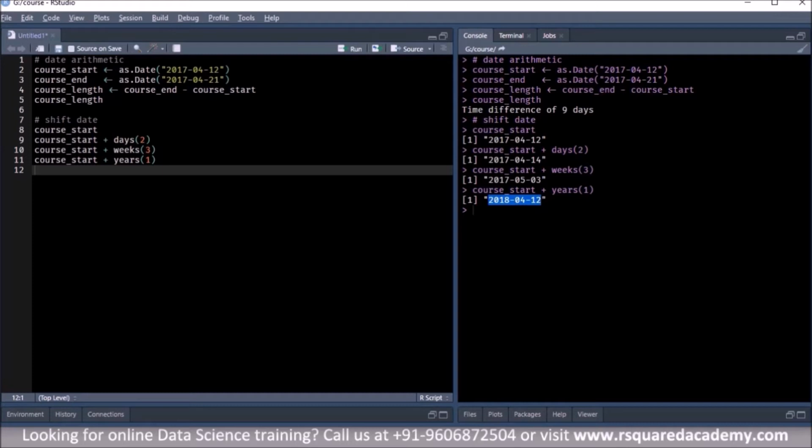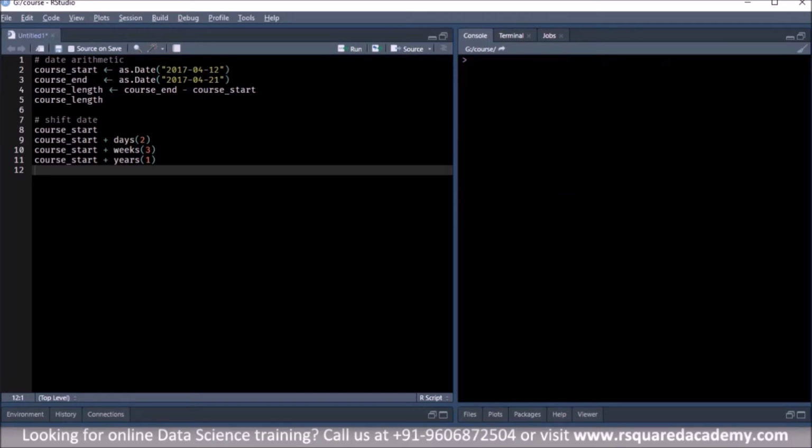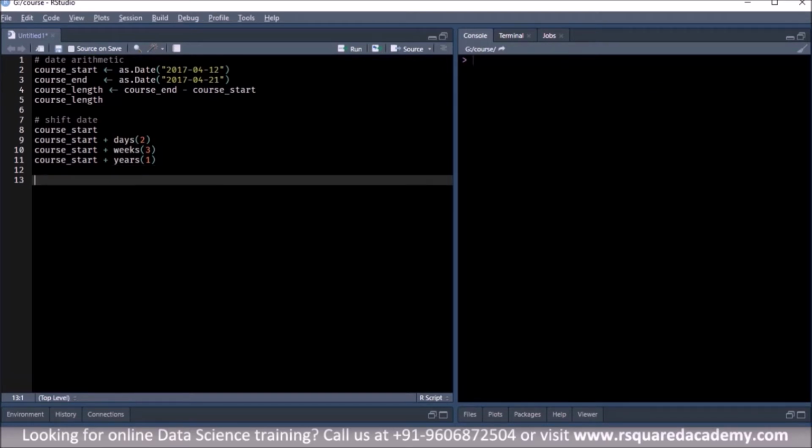So you can go to the reference and look at similar functions, right? There are other functions as well. You can look at all those functions and use them whenever you are trying to change the different components of a date. Basically, you are trying to update the date, or change its components, and you can use these functions.